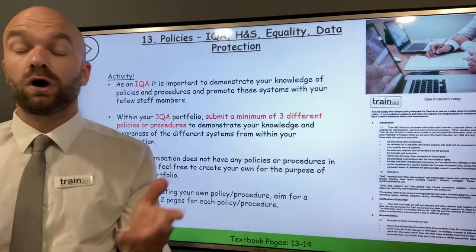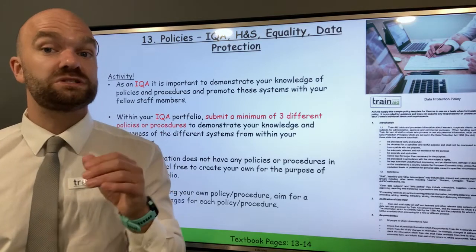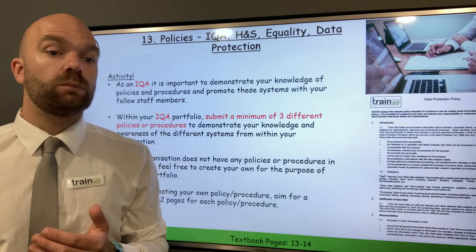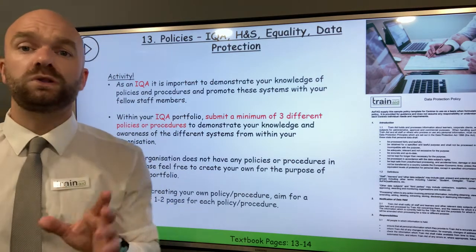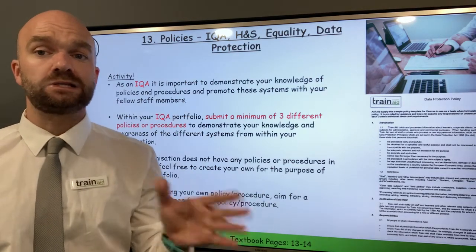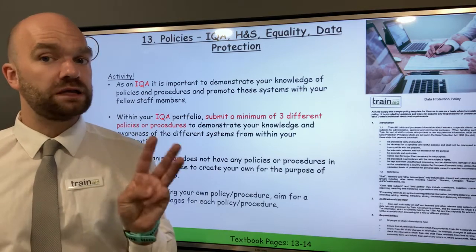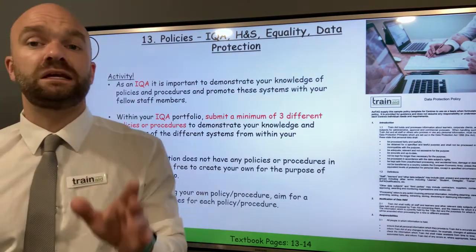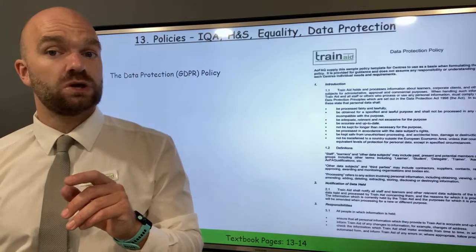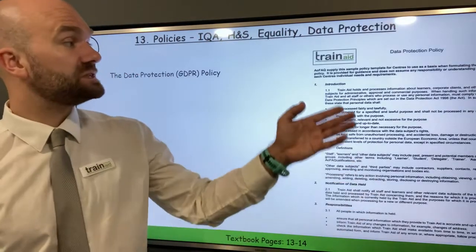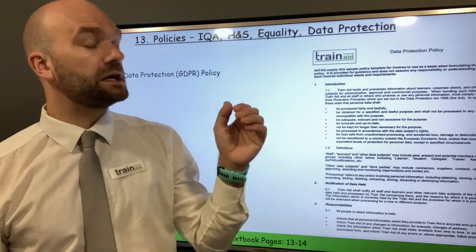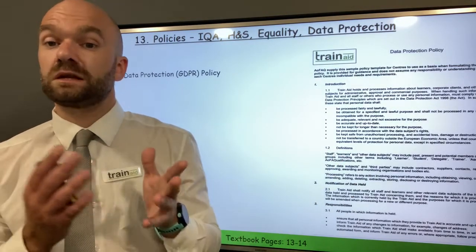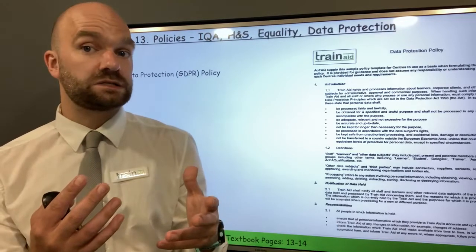It's very much up to you, okay, on what policies you do include within your IQA portfolio, but we're looking for a minimum of 1 to 2 pages on each policy. Okay, so any 3, perhaps have a look in the textbook once again at pages 13 to 14. Okay, so for example, here we have the Data Protection Policy, okay, of 2018. GDPR, very important for me as an IQA to promote to my assessors that